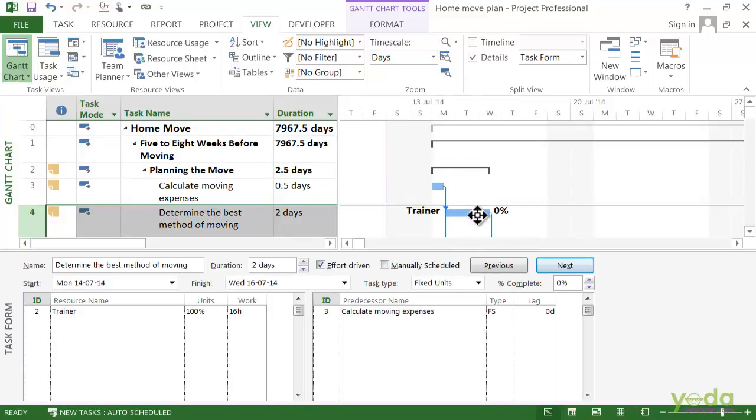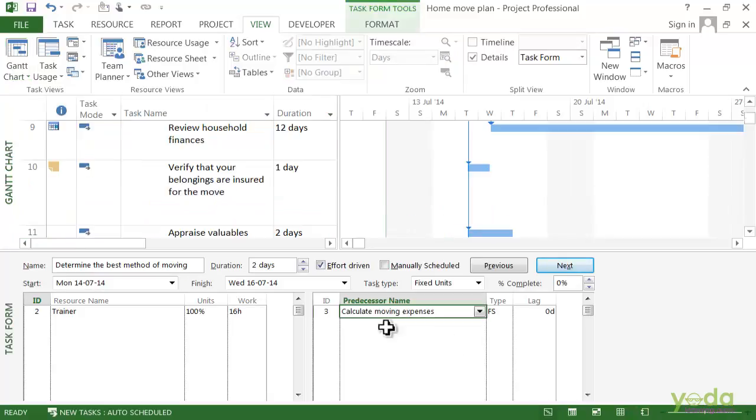So here in the Gantt chart, when I selected this, it is showing me what is the predecessor for the following task and what is the successor for the following task. So in this case, you want to have a delay between these two tasks. And if I choose a different task, information about that task appears in the task form.